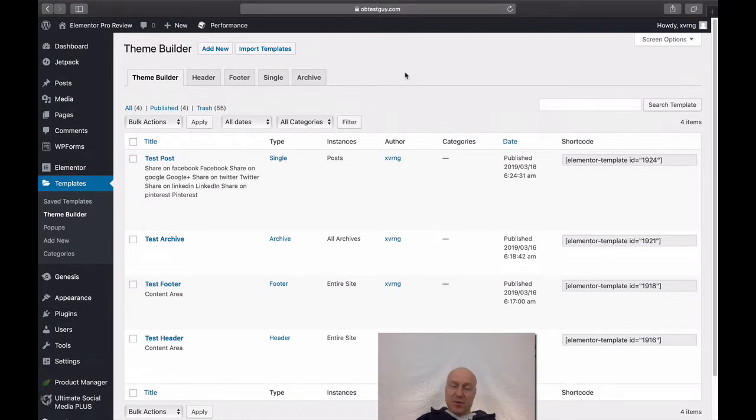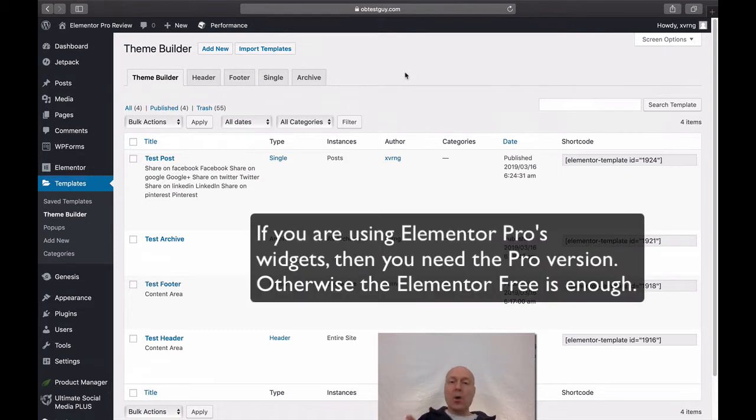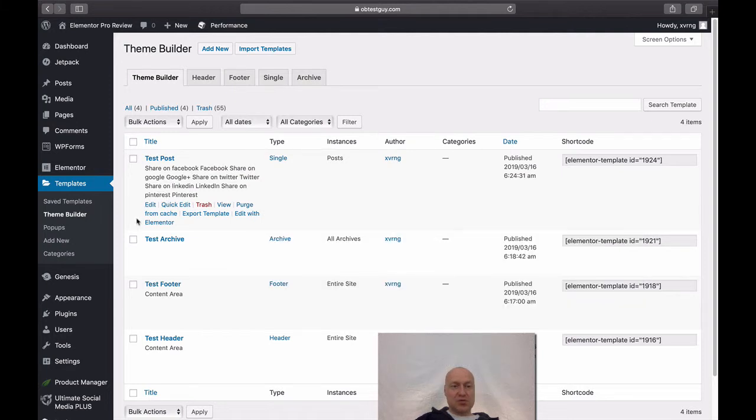Now this is nice, but what if you wanted to export parts of the theme or this whole theme to another website that is running WordPress and Elementor Pro? How would you do that? Well, it's actually very simple. When you hover your mouse over any of these posts or templates that you have created, you will see this export template link. So when you click that link,